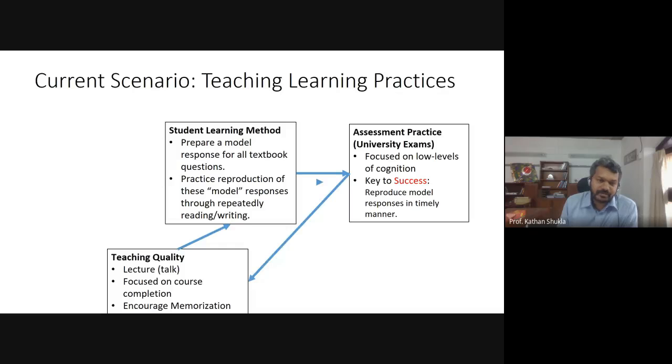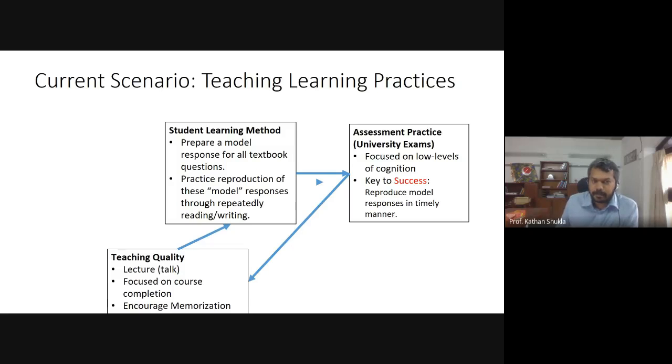Now, you are mostly faculty members, so it is not a secret what students do to prepare for exams. They look at the last 5-10 years of exam papers, so that they get a good idea of what the questions are or can be, and once they understand the type of questions that will appear on the exam, in the upcoming year almost 80-90% similar questions will come. So for every question, they start preparing a model response.